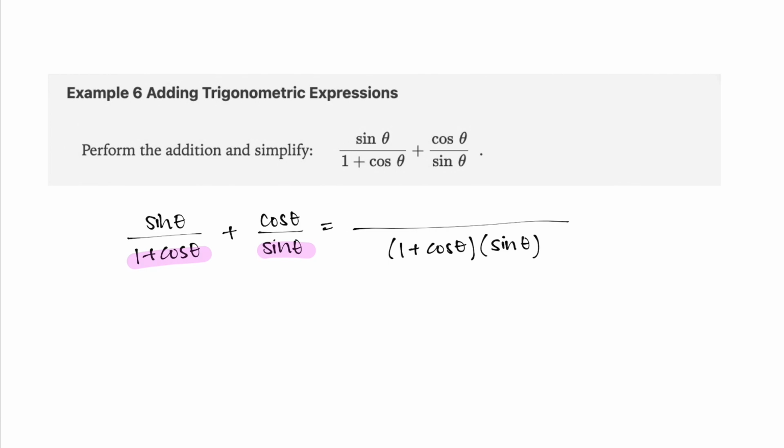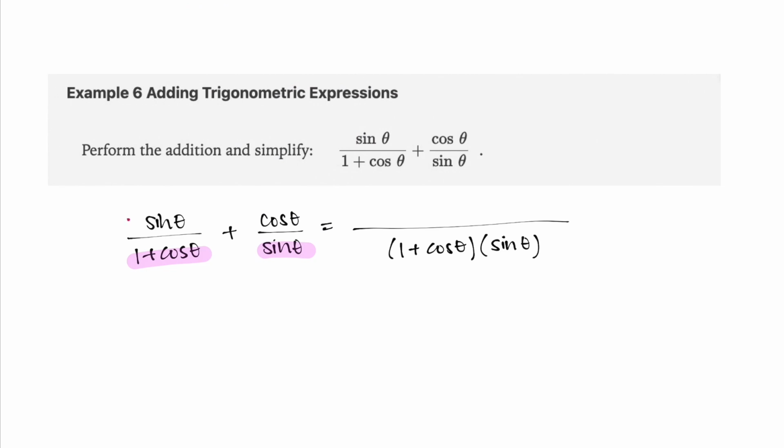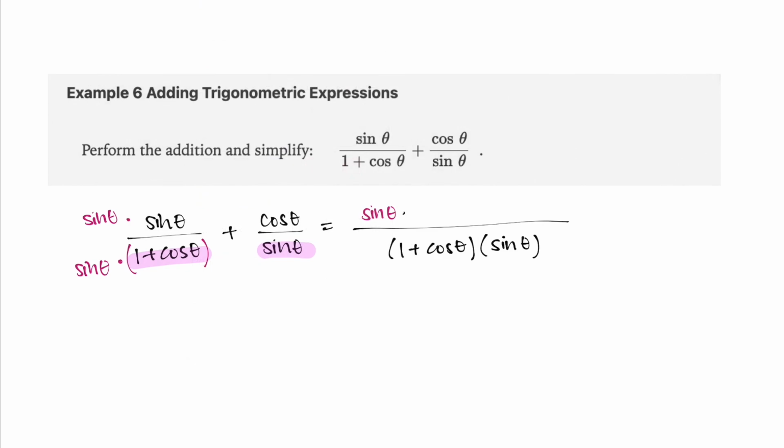But now if we go back to the individual expressions that we originally started with, the first fraction had to be multiplied by sine theta on top and bottom so that the entire denominator could become the new denominator. So the top of that expression becomes sine theta times the original sine theta